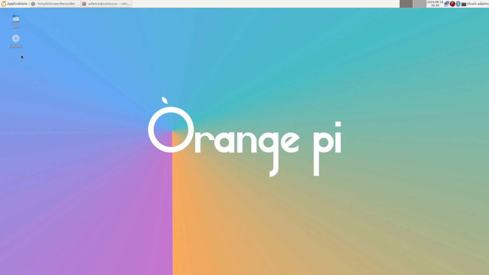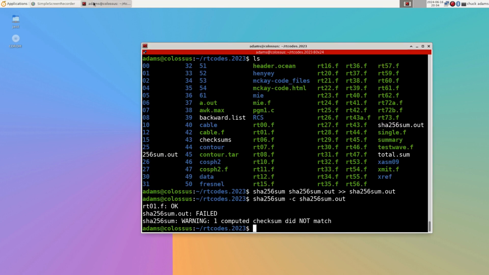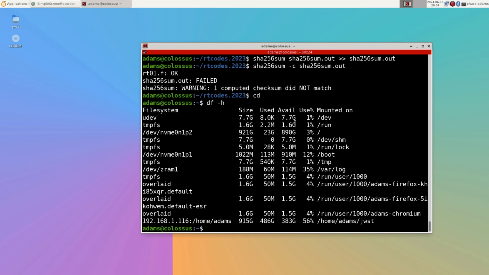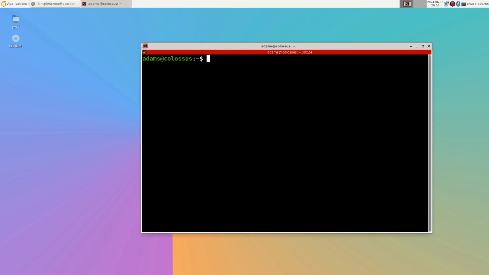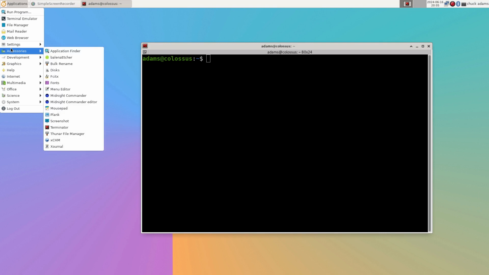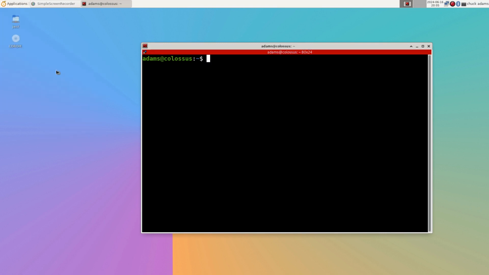So here you go, you see CD-ROM is mounted, or is available. And if I do a df -h to look at everything, the DVD is not mounted. So what I have to do is install a package, gnome-disk, and when you go down here to accessories, there's a program called Disks. We'll start it up,